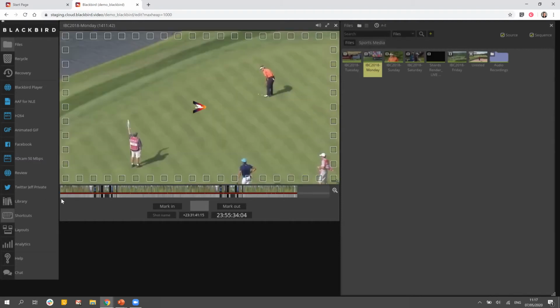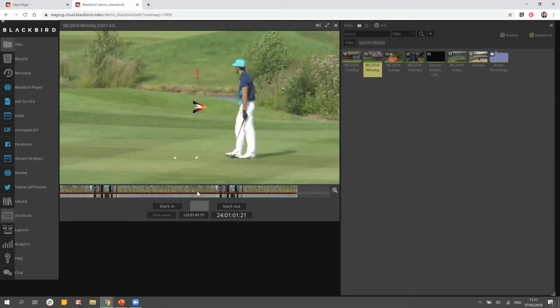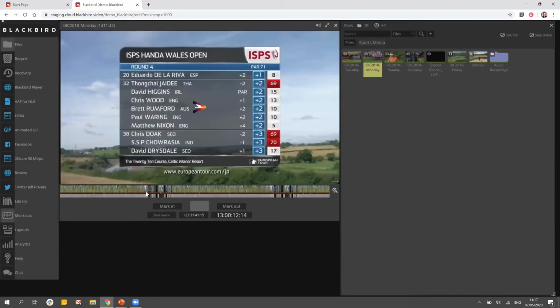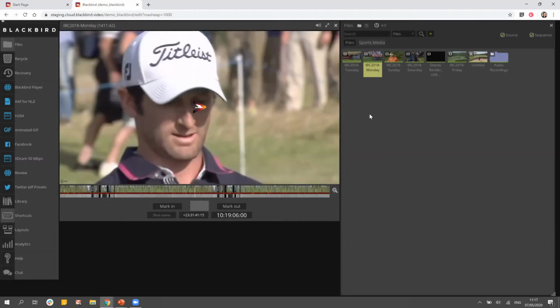Now I can move anywhere within that 24 hours, drop my cursor, zoom in with my mouse here, and see every single frame of content. So I come out, again, I have a nonlinear movement through this media. I come in, I view every single frame. If I come out of here and find a different piece of content, again,